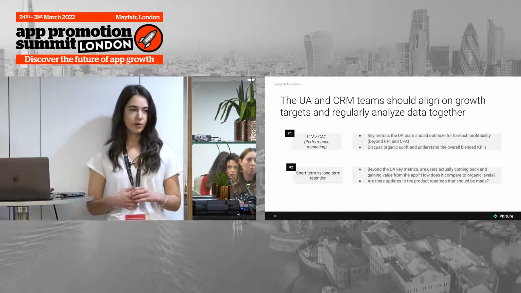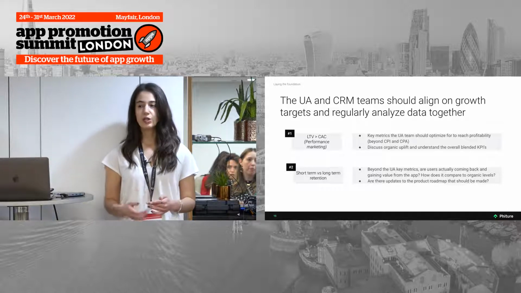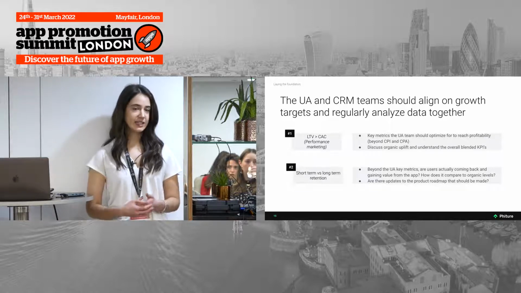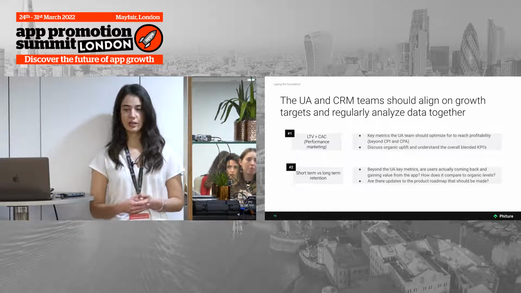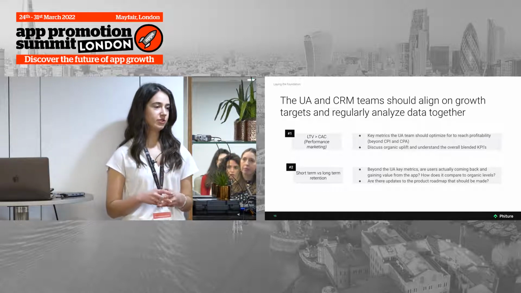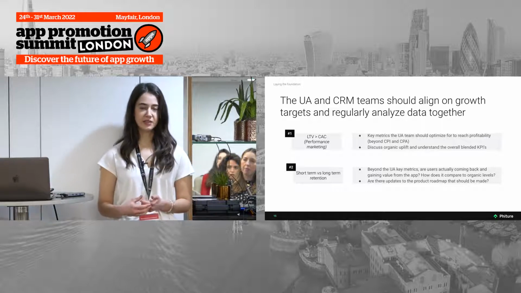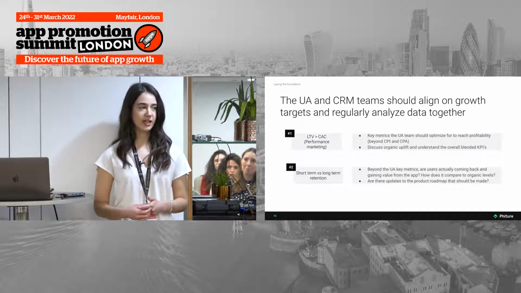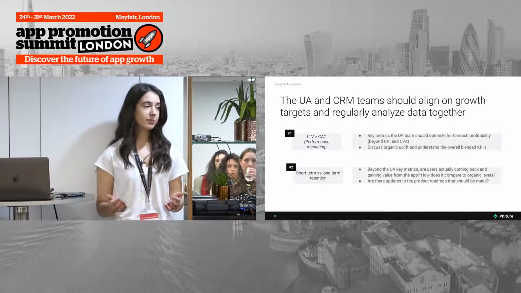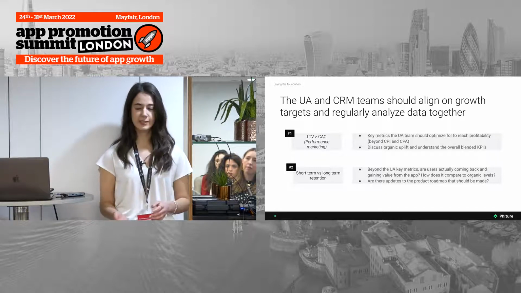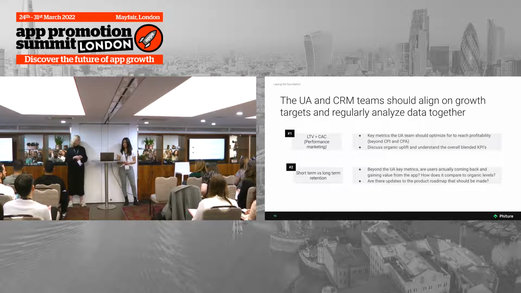Another critical component is to incorporate whoever's working on the organic growth side. So discuss incrementality and have your data team support organic uplift analysis to see what the differences are between your paid versus blended KPIs, because what you'll find is that for every paid user, you're also bringing in X organic users. And so you might actually have a bit more room to manage higher budgets on channel X, Y, or Z. That summarizes the performance marketing perspective.